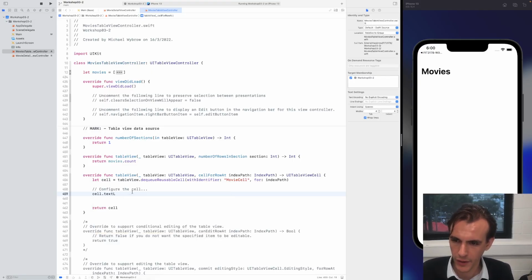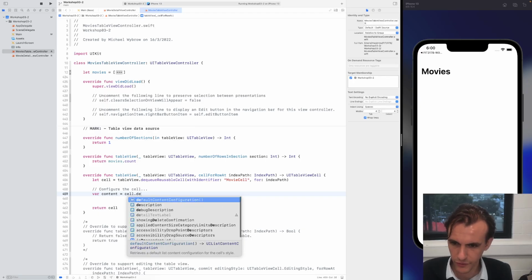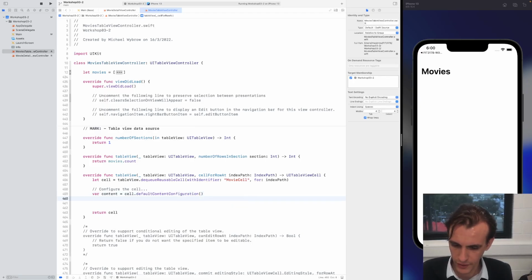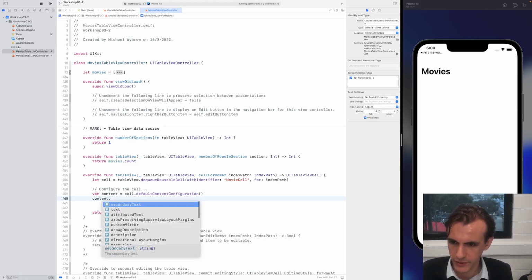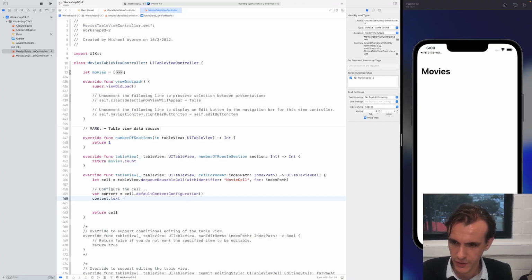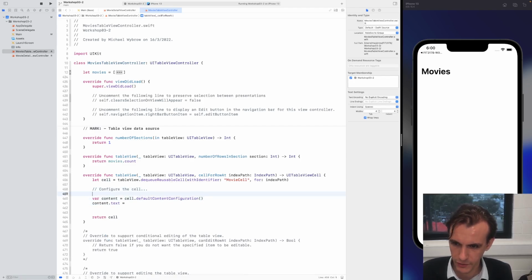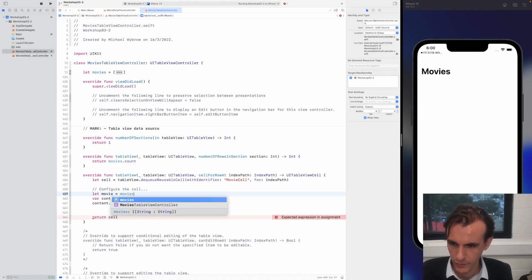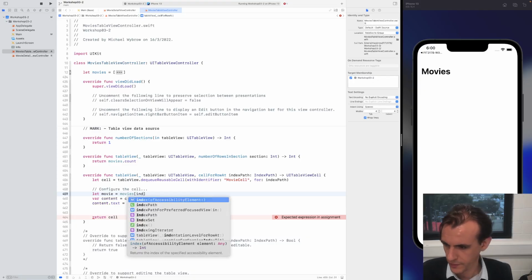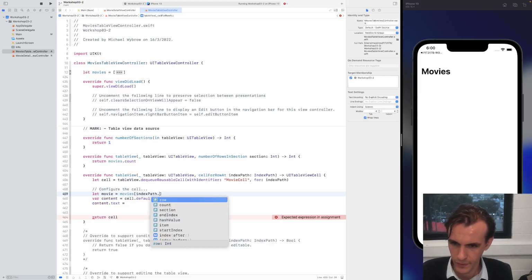So the way of doing that is that we ask the cell for a default content configuration: var content equals the cell's default content configuration. On that default content configuration, we can set text and secondary text, and I obviously need a movie to refer to here. The index path gives me a row and a section. We've only got one section, so we'll just use my movie equals movies indexPath.row,